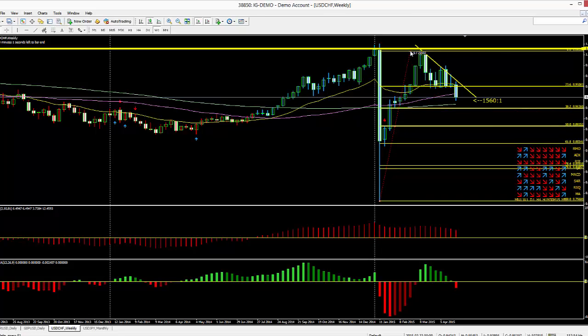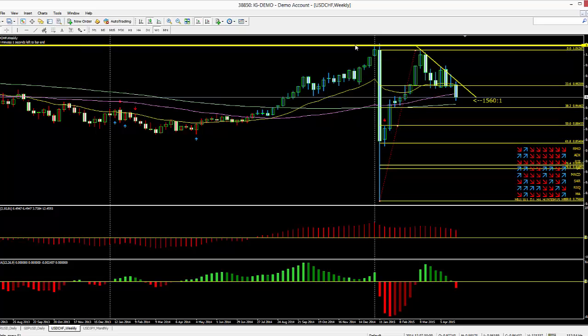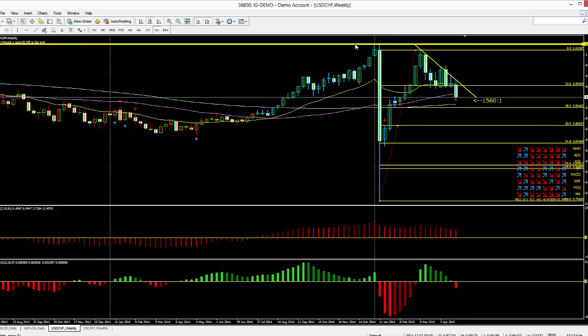If they don't come out as expected, we could see a very, very sharp fall for price going into May, for a further negativity of the US dollar against all its crosses. So just be vigilant and keep your eye out on price action. Last pair is going to be the US dollar against the Japanese yen.